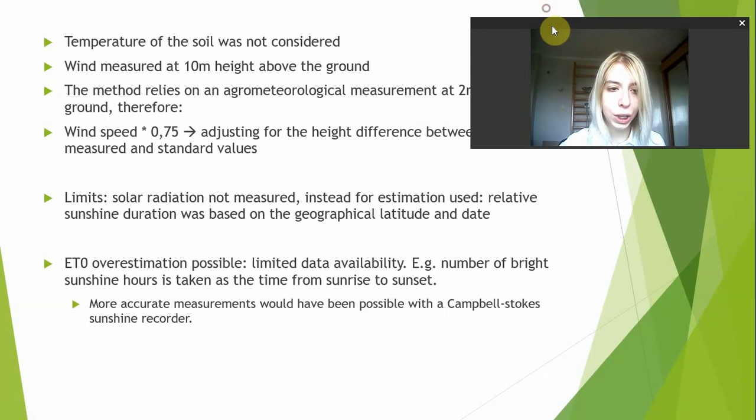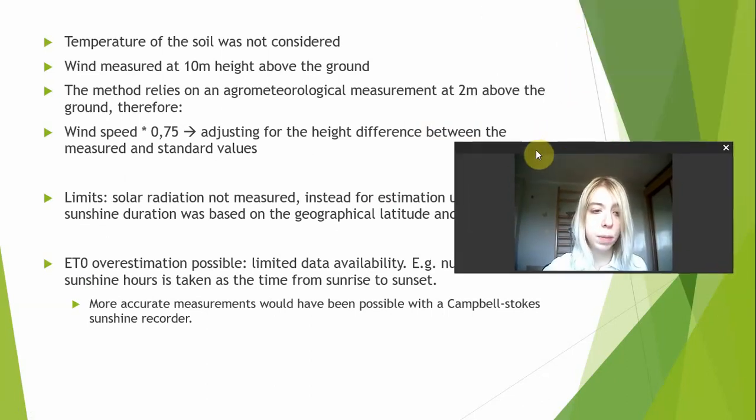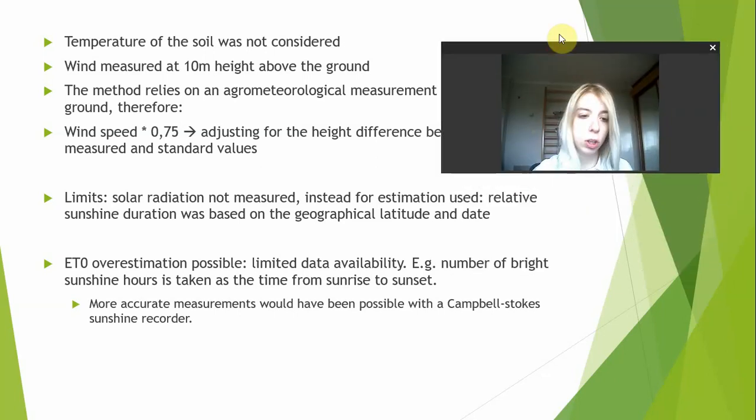It is important to say that the temperature of the soil was not considered. Since we obtained meteorological, agrometeorological data from measurements at 2 meters above the ground, in order to compensate and adjust for the height difference between the measured and standard values, for example, we needed to multiply wind speed by 0.75. A limit of this methodology is that solar radiation was not measured, but instead, for estimation,